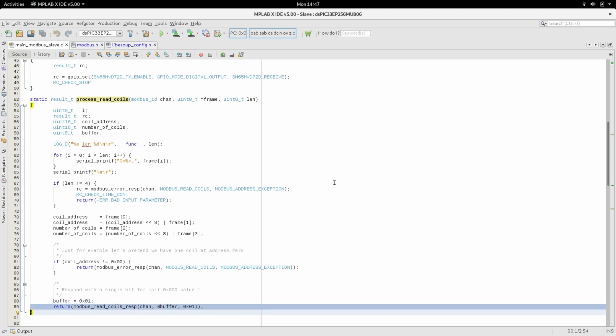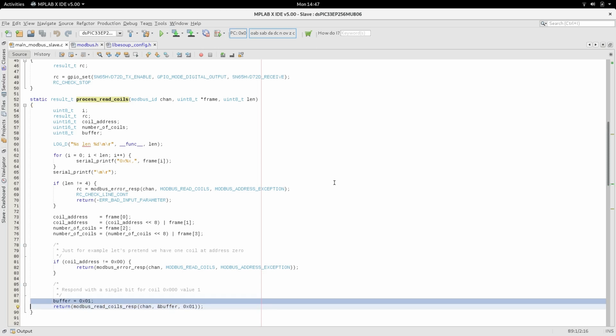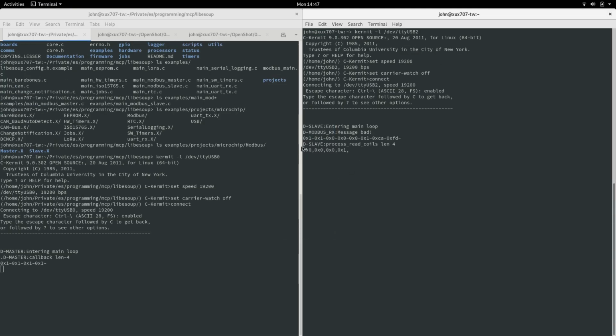So our response is, if everything checks out, it's for this node. It's a read coils request for address 0, which we handle. Then we send a response 1 byte, and the 1 byte we send back is the value 1. So the coil is on. And that goes back. So that's what we process in the slave. Coil address 0, number of coils 1, and the master gets a callback to say it's received this